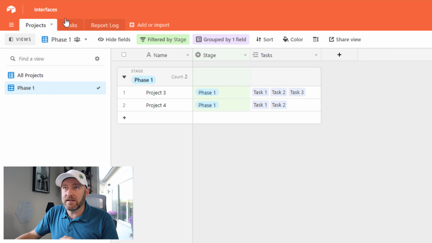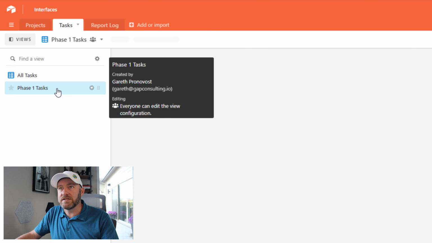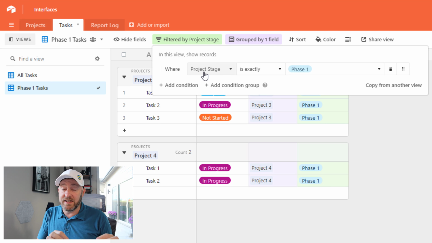But before we get to that, let's now flip over to tasks and look at the same thing for my views. Here I have a task view of all tasks, but below it, phase 1 tasks. So again, we've built a filter here that says, I only want to see those tasks in which the project is in stage